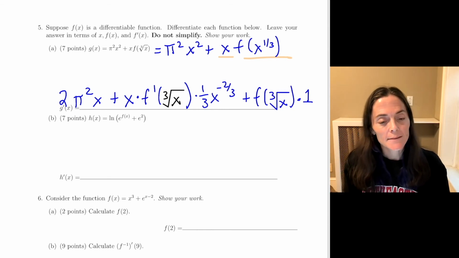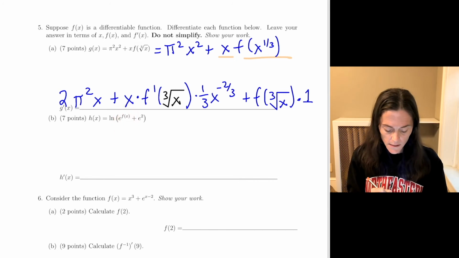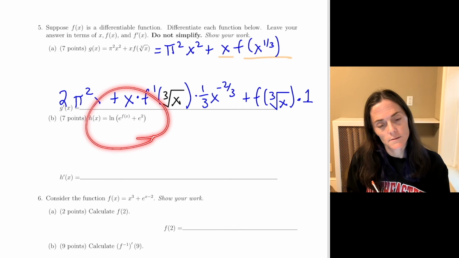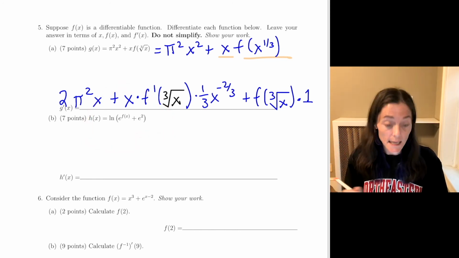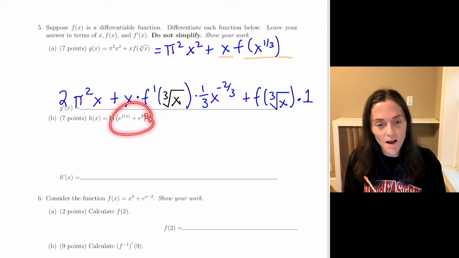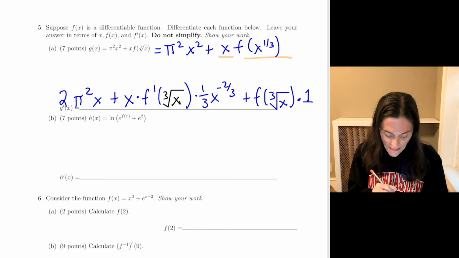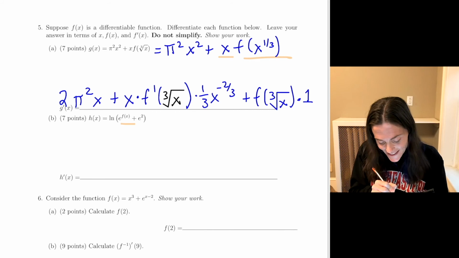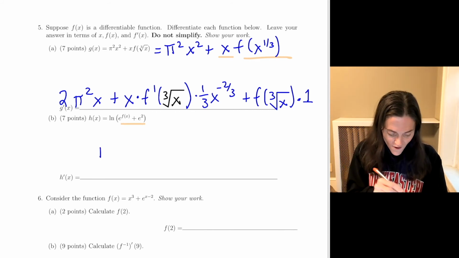Next one. Now be careful with letter b, because we see a ln. We also see an e to the f of x. But we cannot simplify this. We have a sum on the inside of a log. The log properties don't say anything about a sum on the inside of a log. So we just have to use chain rule here. So first thing, looking at this, my inside function is inside of the log. So we have 1 over